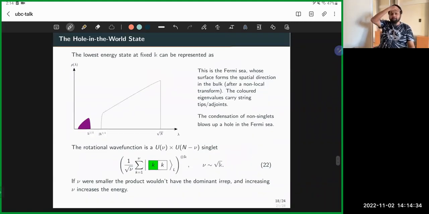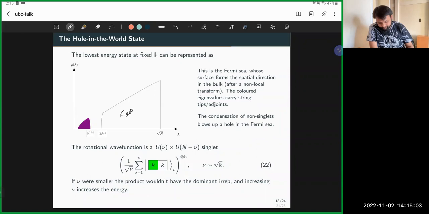Great. So now we come to the interesting bit, which is the specific state that solves the Schrodinger equation and is a black hole-like state. We call it the hole in the world state. And I have drawn it here. So now let's take a moment to go over the diagram. So the outlines are